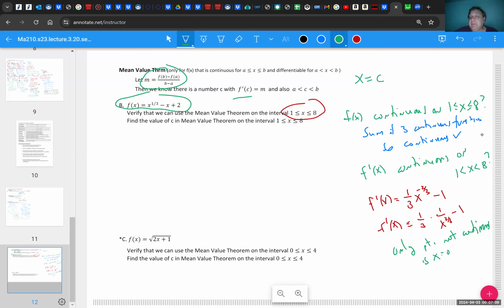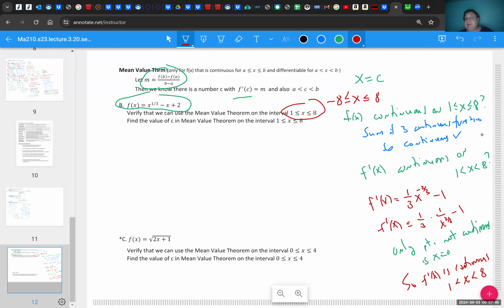So if that's the only place where it's not continuous, this derivative is continuous everywhere else, specifically from 1 to 8. I guess we don't need the less than or equal to sign, but again, it doesn't matter very much. So we know that the only place it's not continuous is 0, but that doesn't matter because our interval does not include 0. Notice if this said negative 8 to 8, maybe on another problem you see negative 8 to 8,